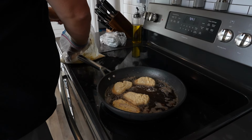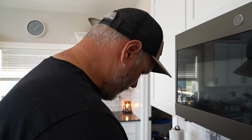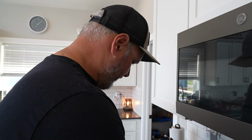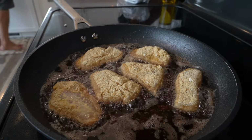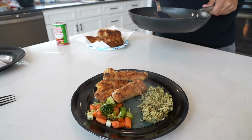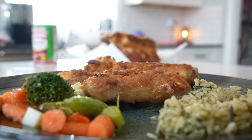It's like chicken fried walleye. And it's good. I don't think it's going to make Bon Appetit magazine, but...